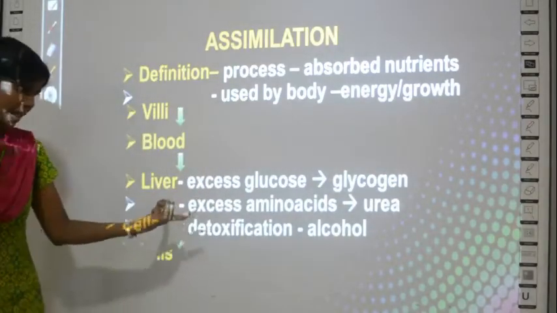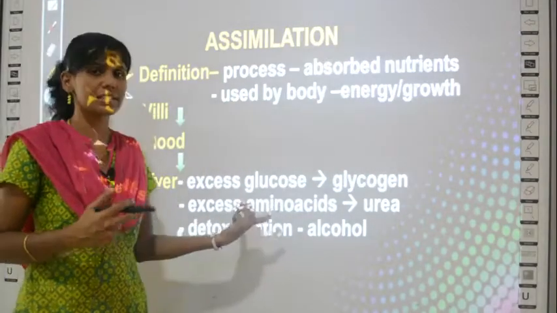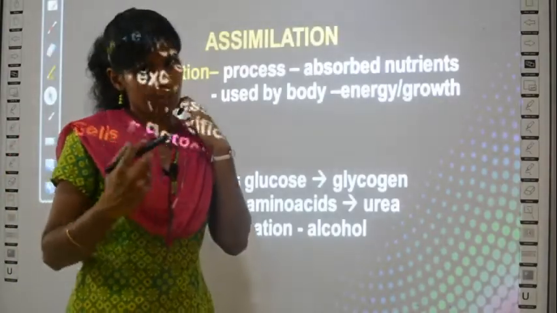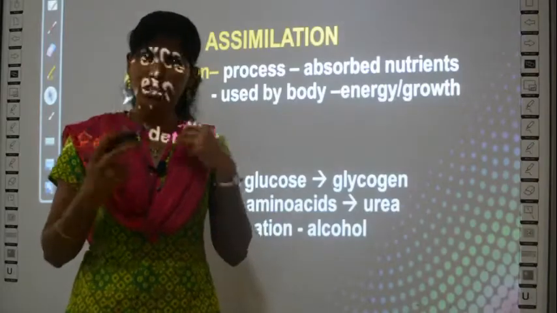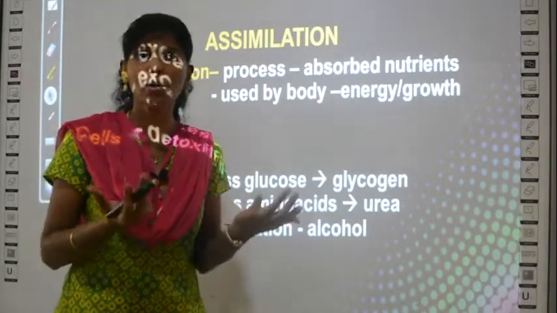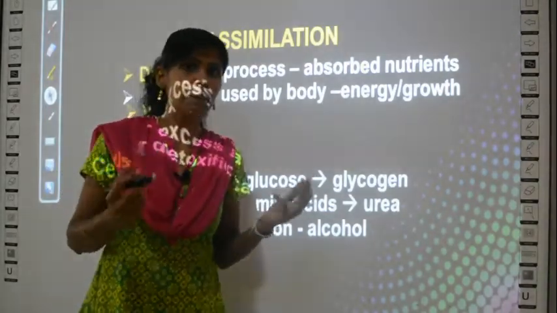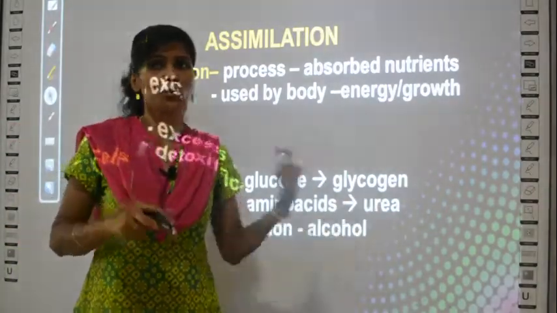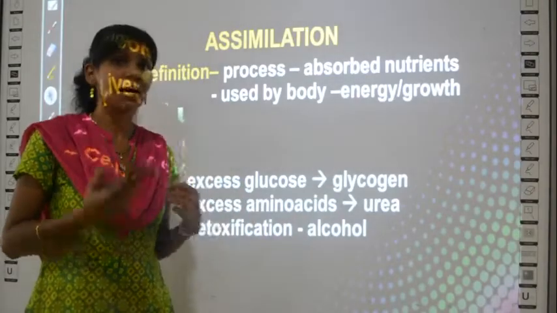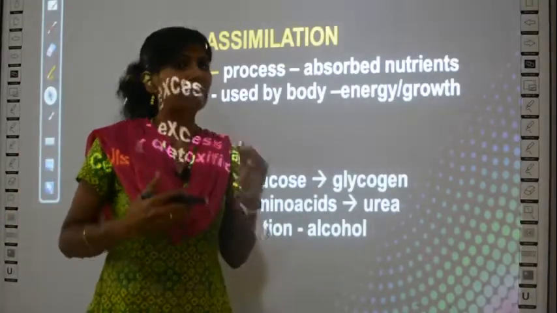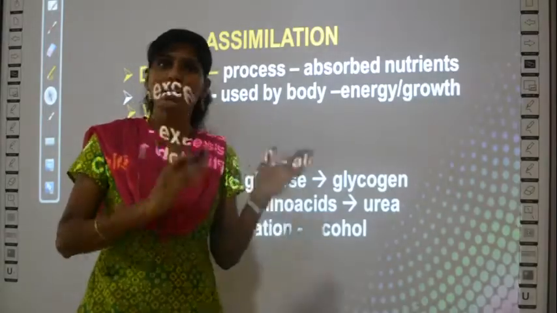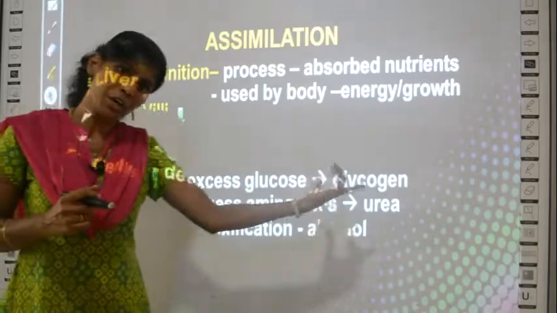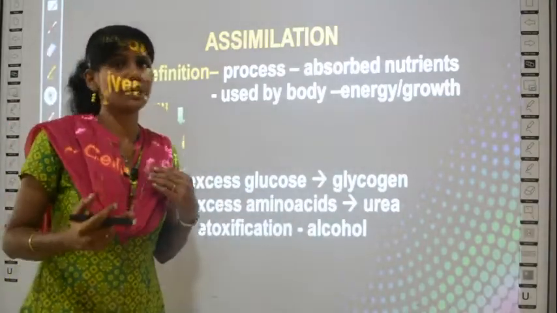What will happen to excess amino acids, that is, excess protein if I eat? Say for example I like chicken. I eat so much chicken one day, but my body does not need all of it as protein. So what will happen? The excess will be converted to waste products as urea. If you eat carbohydrates, they will be stored in your body, but when you eat so much protein, it will just be pushed out of your body in the form of urea in your waste material